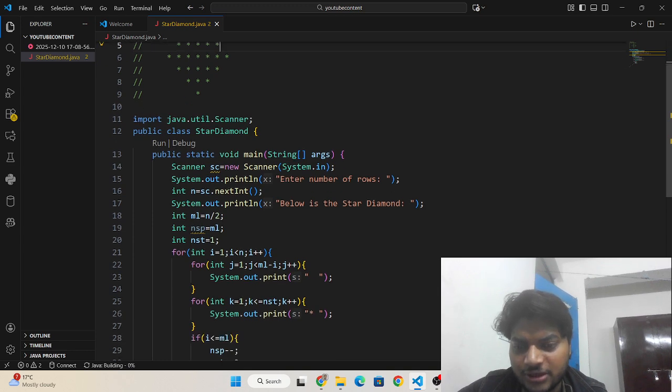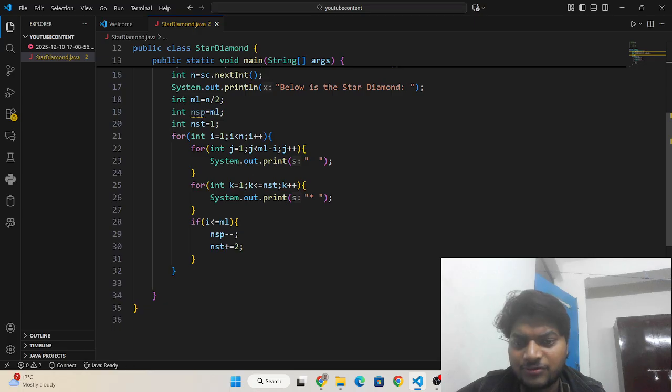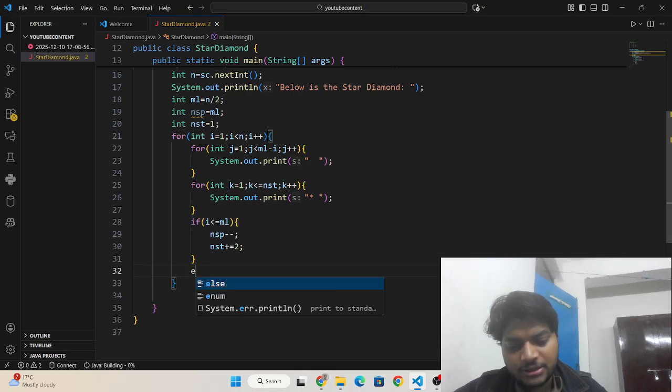So that's why I need to write here that the number of stars, while increasing from top to bottom, we have to increment by 2. And then I need to write the else condition.